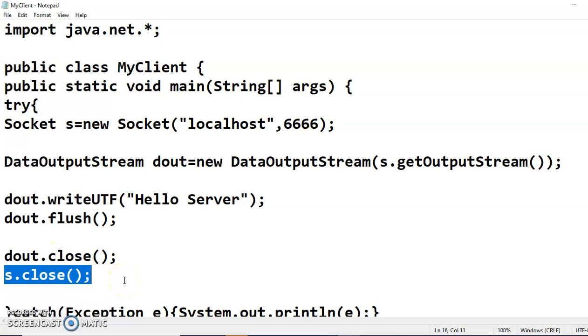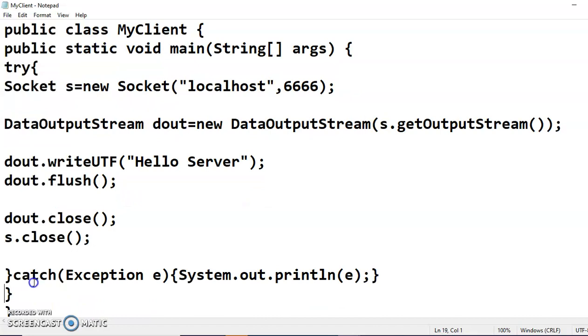Always remember, whenever you are writing to a server, you need to set up a tunnel with the help of a DataOutputStream. Once you have written the data to that output stream using writeUTF, once that task is over, you are supposed to flush the tunnel. You need to clear the data from the tunnel, and then you need to close the tunnel and then close the connection, so that that connection or that port should be available for other programs.